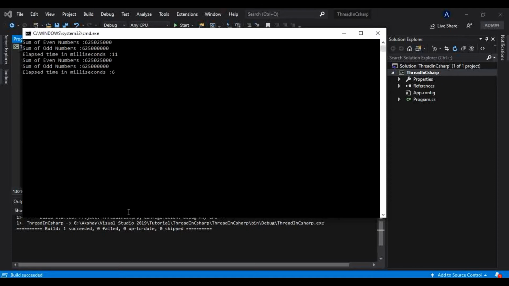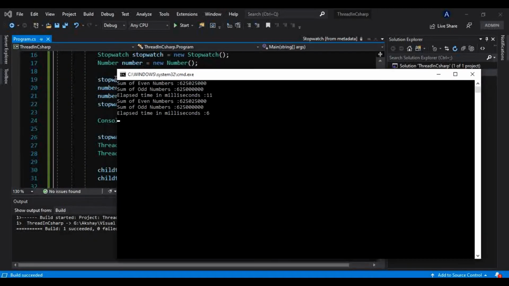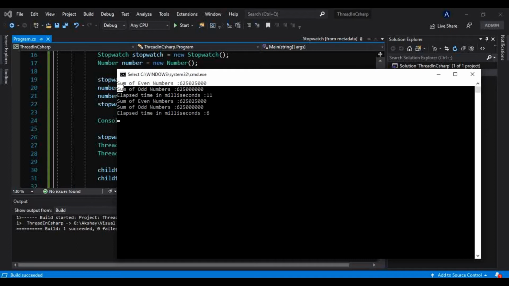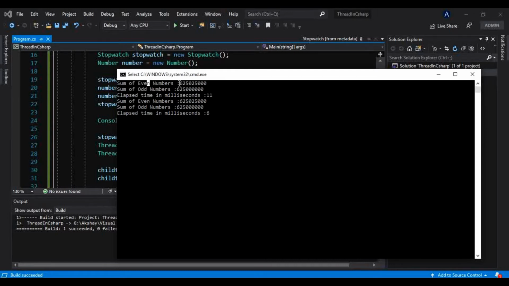So if you can see, guys, the main thread has executed both these methods and printed that output, but the elapsed time in milliseconds it took to complete both methods is 11 milliseconds.